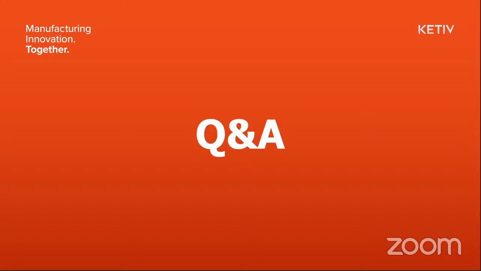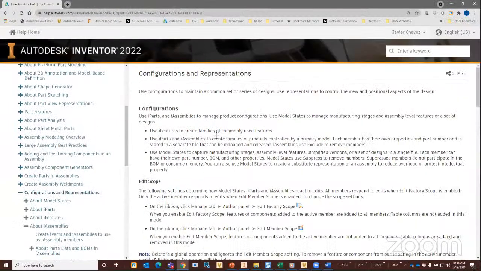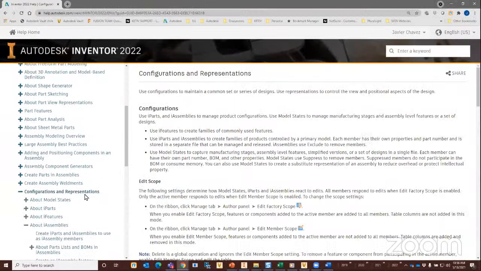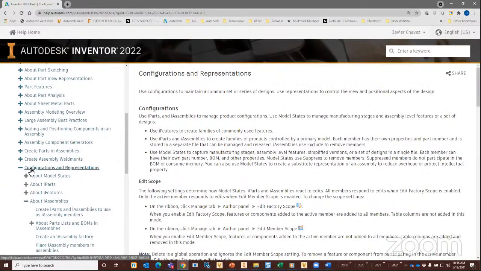All right, and I'm going to go ahead and send one here. I'm going to show it on the screen. Perfect. Okay. So if you were to go to help and search for configurations and representations, there are multiple ways to do it: